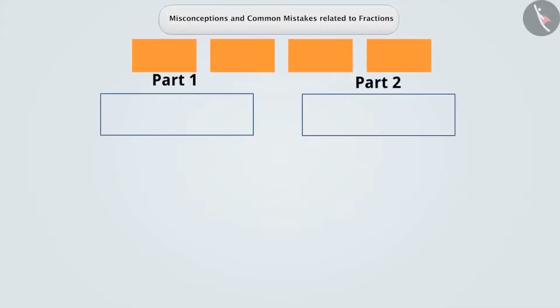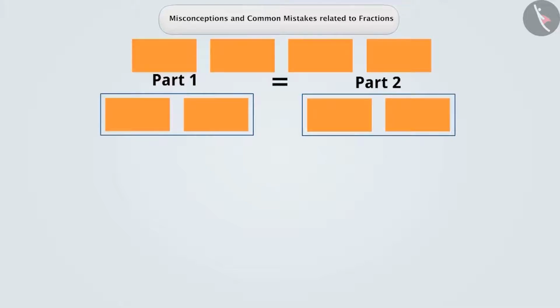Sometimes, it is not understood correctly that equal parts can be formed in different ways. For example, if you have 4 papers and you divide them into 2 equal parts, then how will you do it? Think for a while. Let me tell you. One way is to keep 2 out of 4 papers in each section. It will result in 2 equal parts.